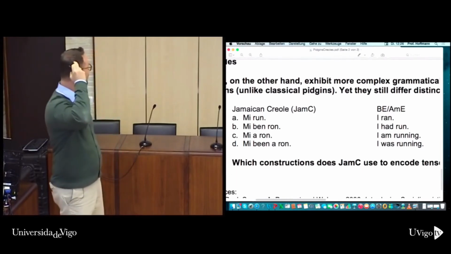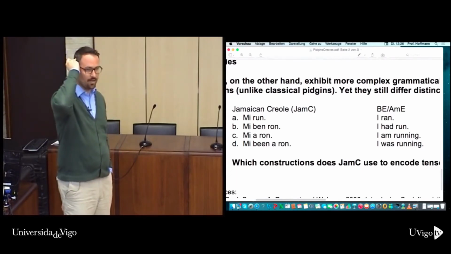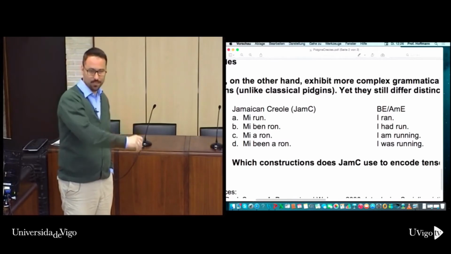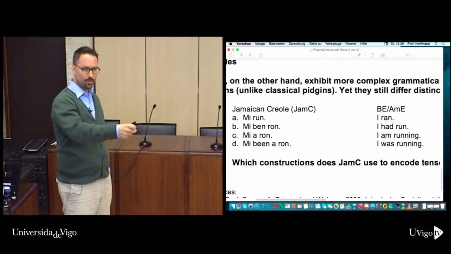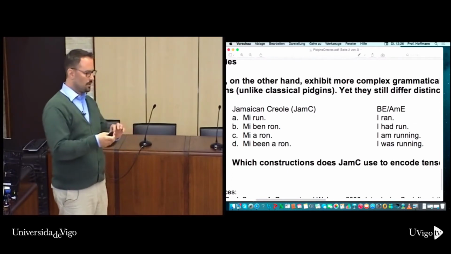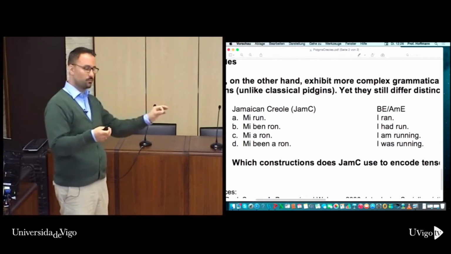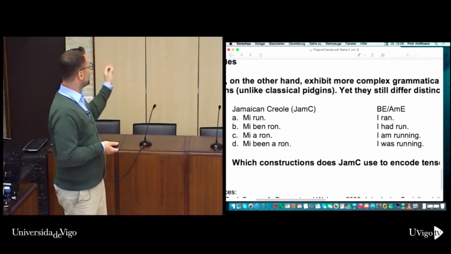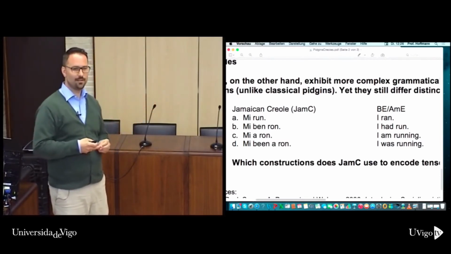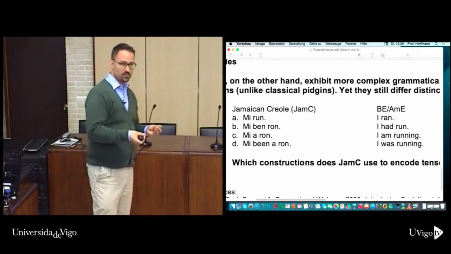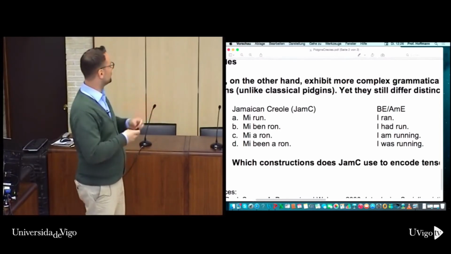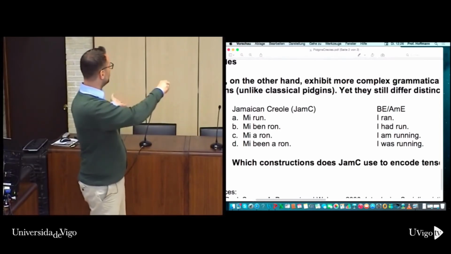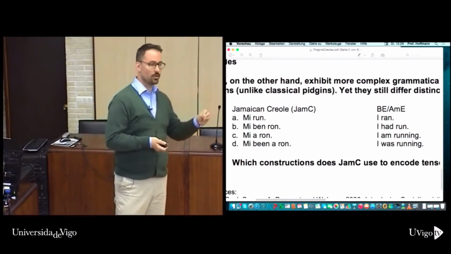That's what is captured by this. Because we're going to see if you've got something like me love, that would be I love, which we conceive of as happening now. And me ben love, that means I loved. Okay? So it's really just a marker that says before this time. It goes just one step back. What about the a? Present continuous. Yes, so we get an aspectual distinction now. Okay? Ongoing versus conceived of as completed. And you can combine the two, benaron, then you obviously get past ongoing.